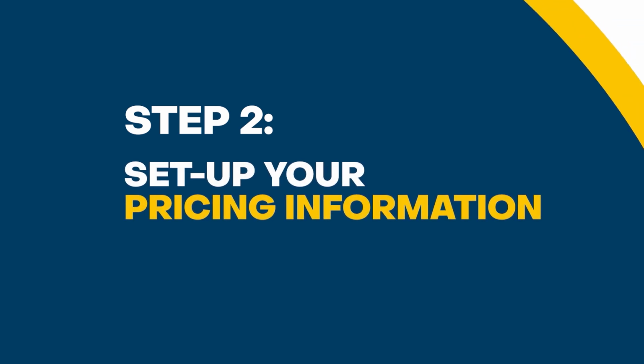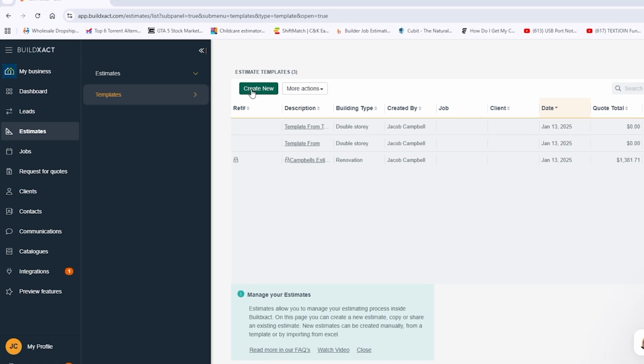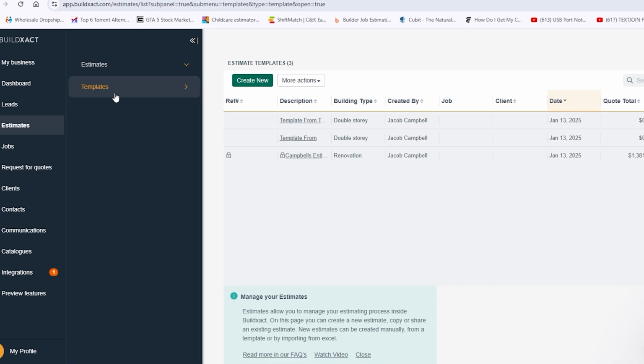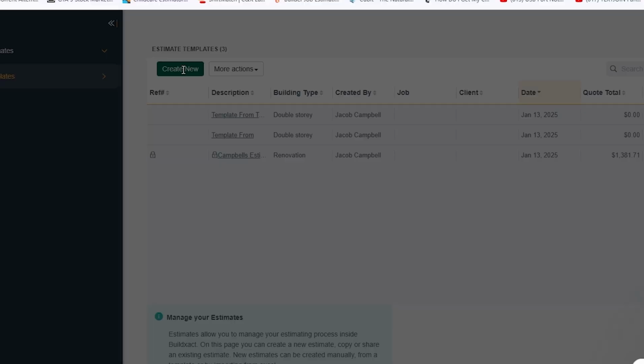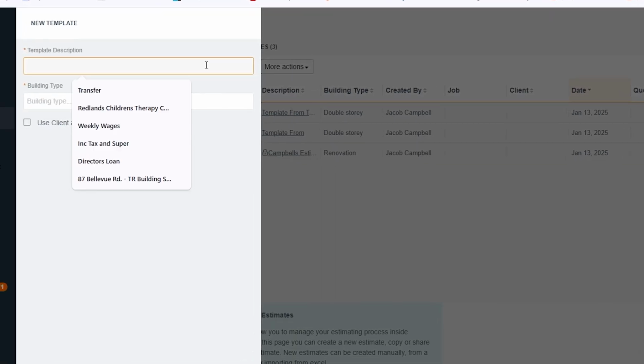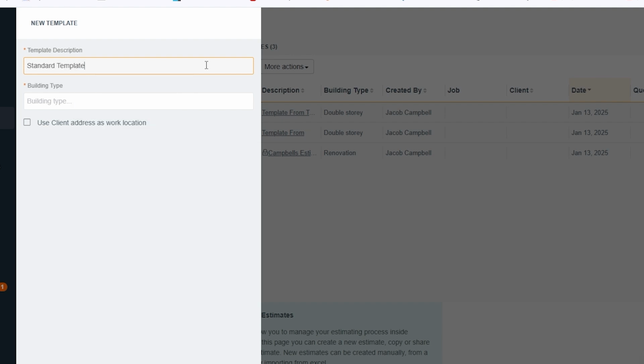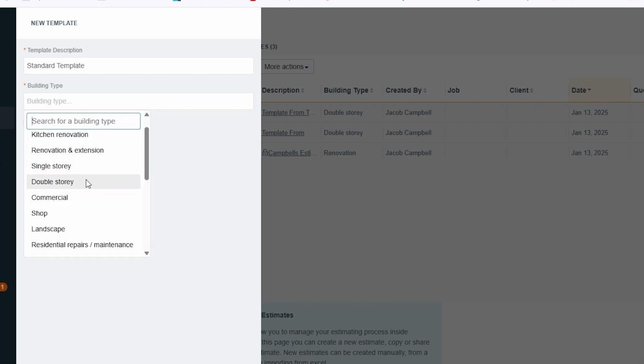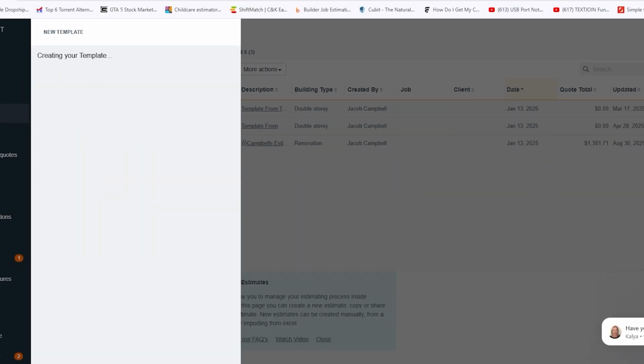Step 2, set up your cost categories. Think of these like folders. They help you organize your pricing, and it'll save you hours when building your estimate later. And this is done by going into the estimates and then templates tab. You can create new, and we're going to say template or standard template. Building type, at this point this doesn't matter too much. Go create,